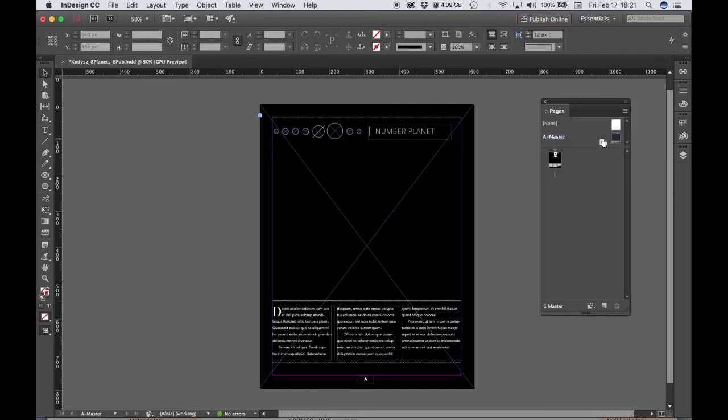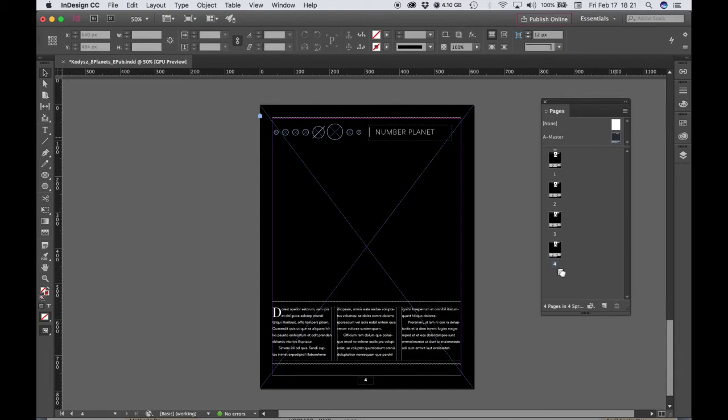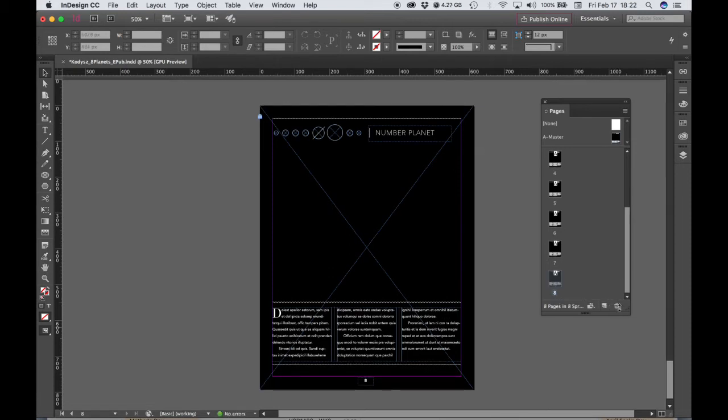So let's go ahead and just drag the master icon under the first document page and just drag 8 times to create 8 pages. Okay, so now we have 8 document pages, and if I double click the document icon on the first page,